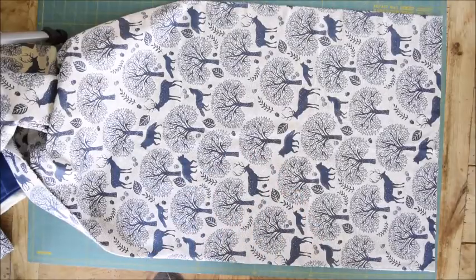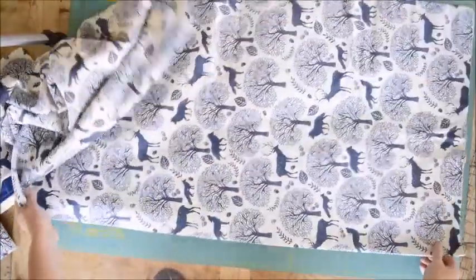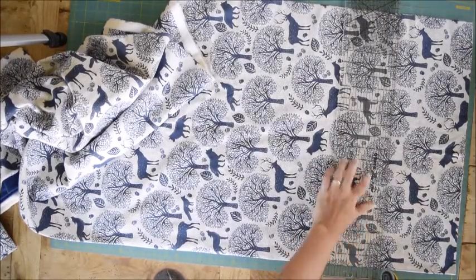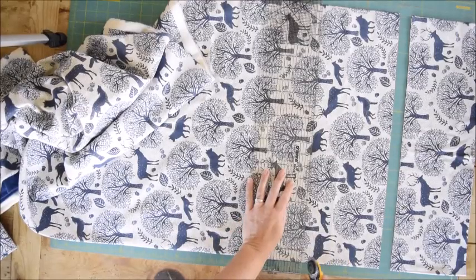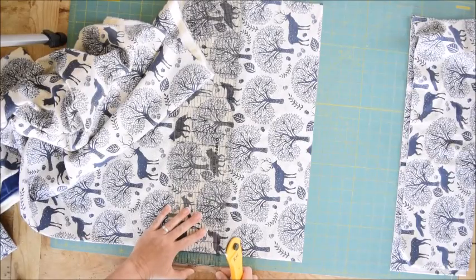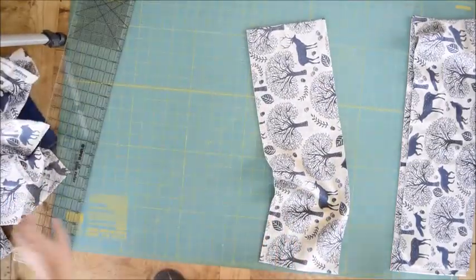So I'm going to just begin by cutting 7-inch strips. And I'm going to flip my mat around because I like to read the numbers on here as I'm cutting. Just go to the 7-inch line, like that, and then we'll go to the 14-inch line, cut that, and then the 21-inch, and you can continue on down the length of the mat if you'd like, but we'll just move on for